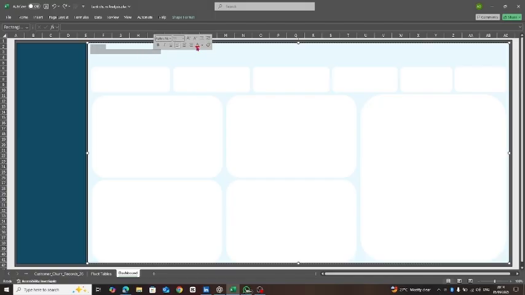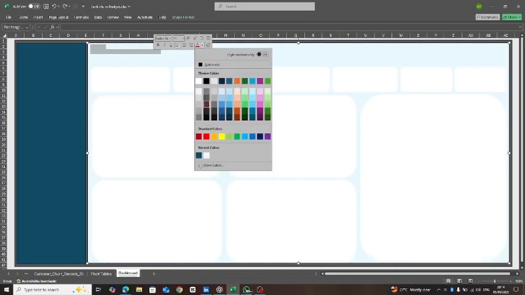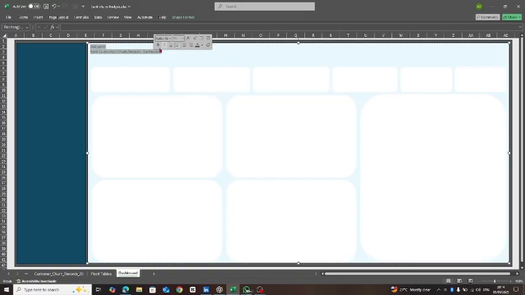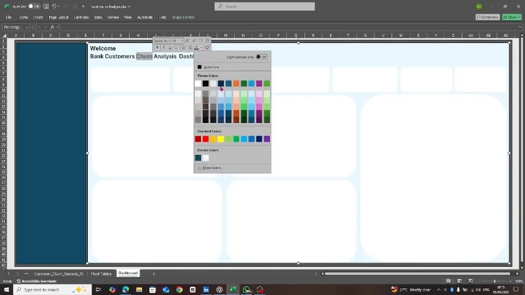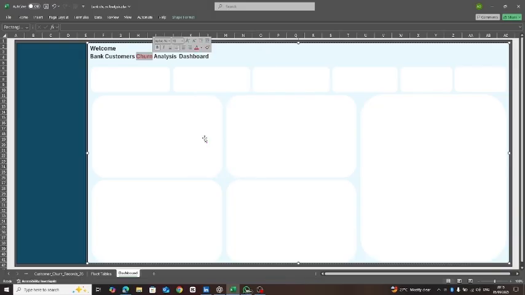So I'm going to highlight it now and change the color to a darker hash. I'm going to bold it and increase the font size. Perfect. You can adjust it to what size you want, how spacious you want. So I'm going to give this word churn a red font color.